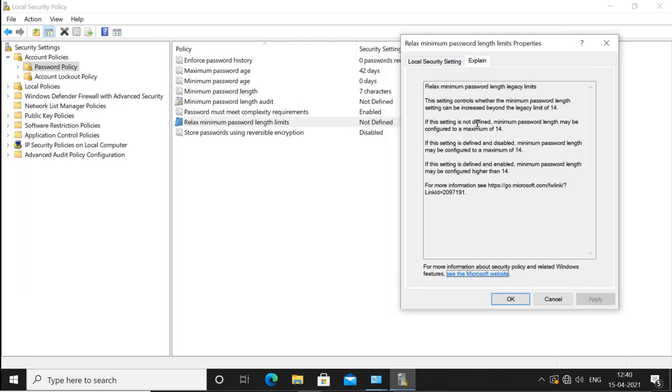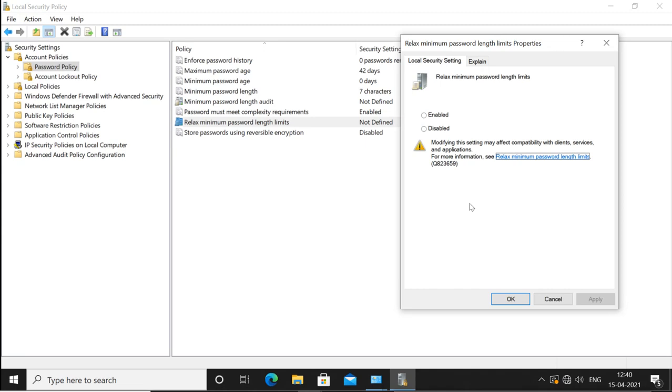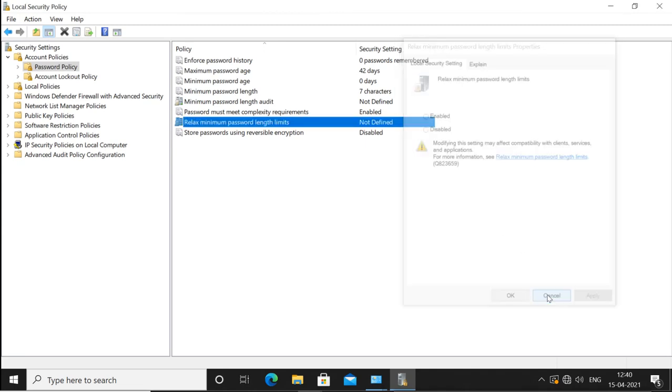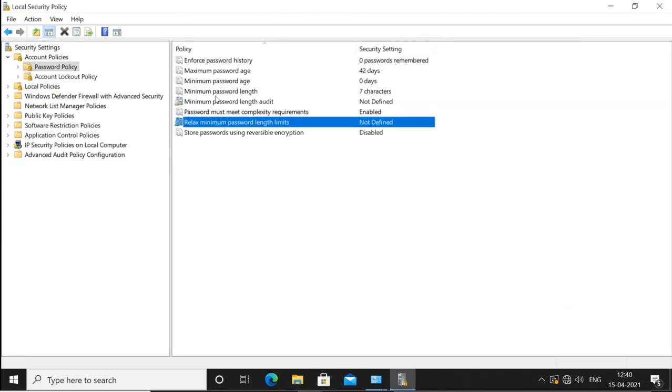This is the legacy setting. If this setting is not defined, minimum password length may be configured to a maximum of 14. But this setting defines that you can increase the length from 14 to more than 14. So if you enable this policy, you can increase the limit of 14 characters. So these are password policies.